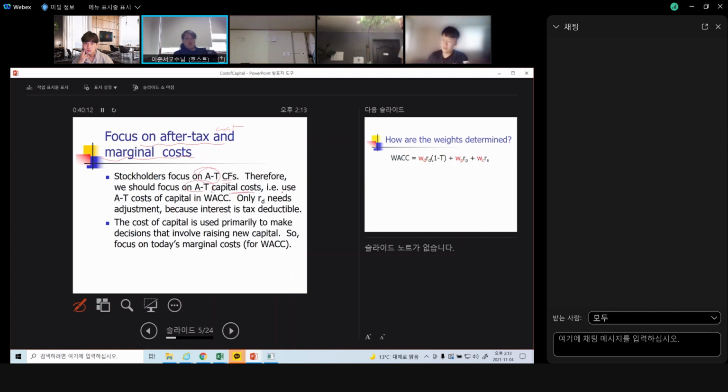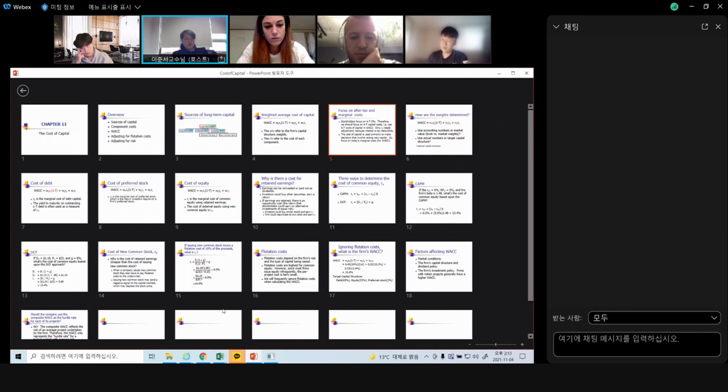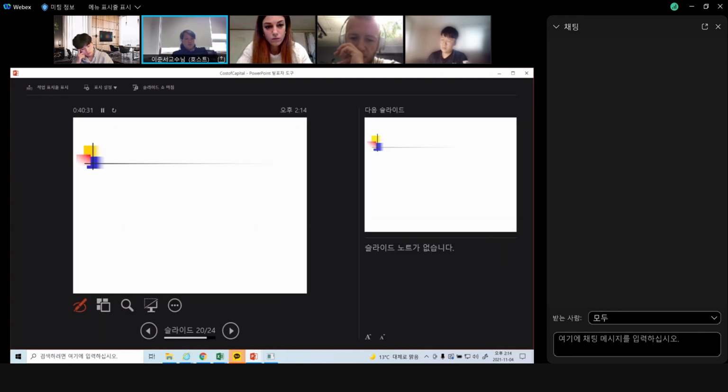In other words, use after-tax cost of capital in WACC. Only R_D needs adjustment because interest is tax deductible. What does that mean? This is a pretty important thing. Tax deductible means